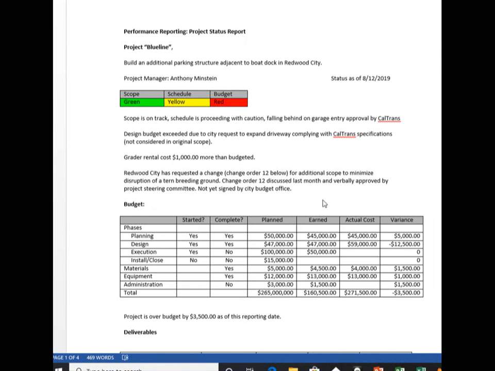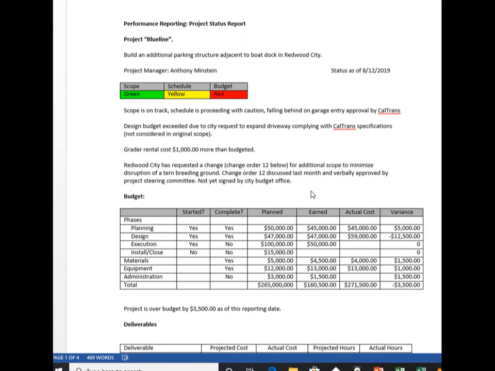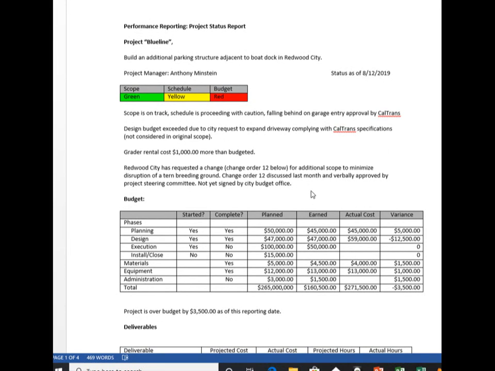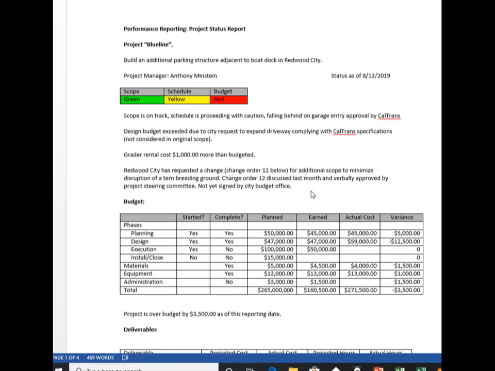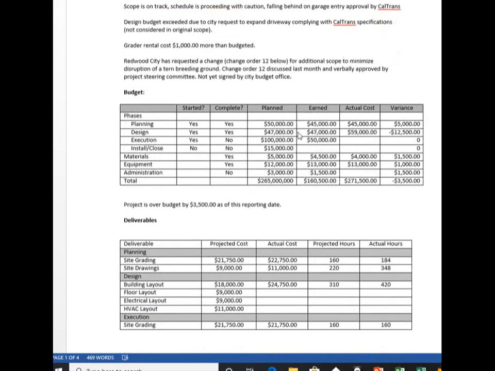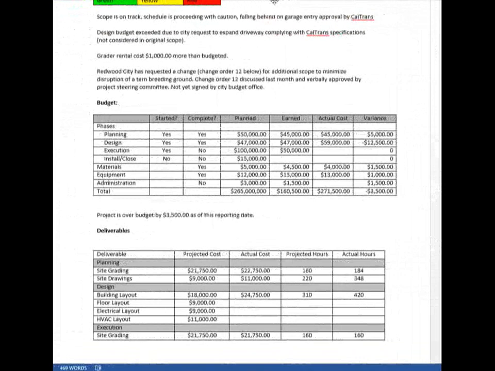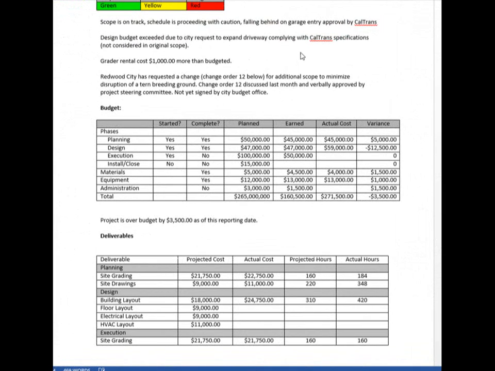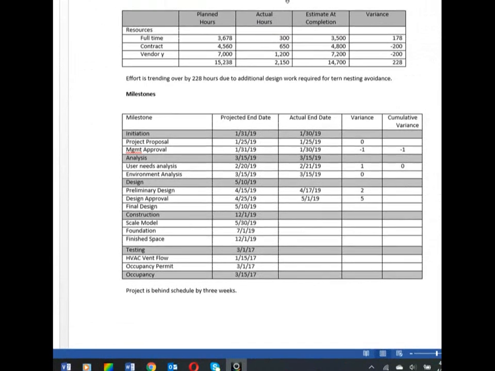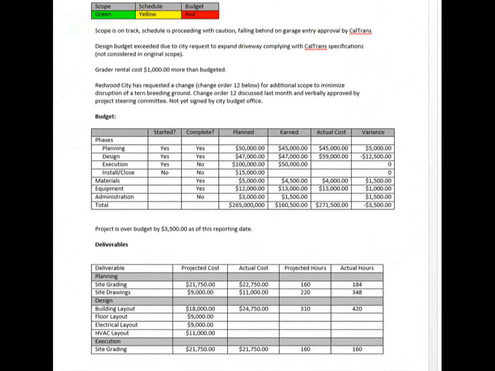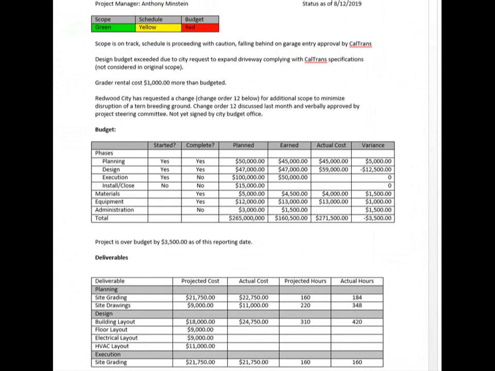It doesn't have to be this extensive, and I don't expect student status reports to be extensive. Pick what's important to your organization. Is it reporting on earned value management? Is it reporting off of milestones? In Module 5, our EVM homework assignment showed where EVM could mislead us into thinking everything is good in the project when in fact we're behind. I really like reporting on dates and variances on dates. I hope this has been helpful for you, and we'll talk later.